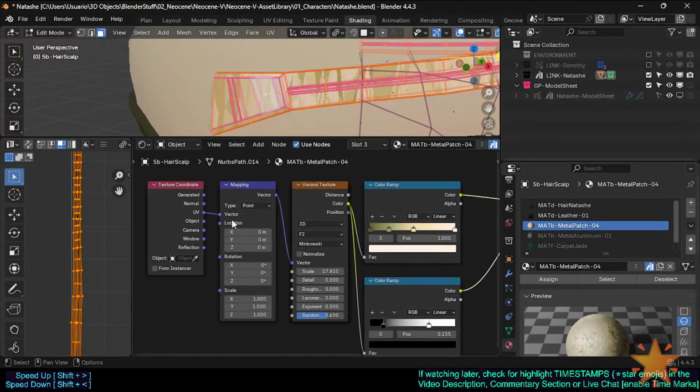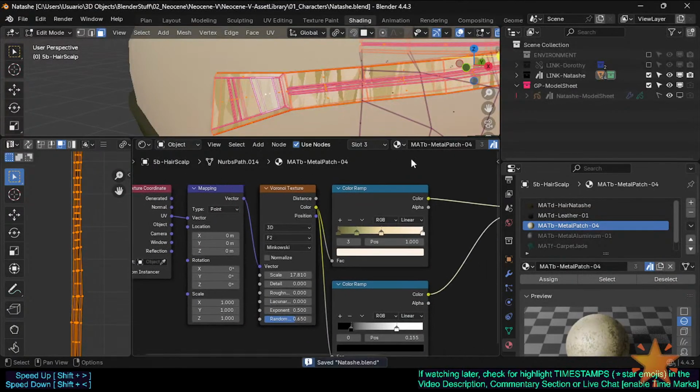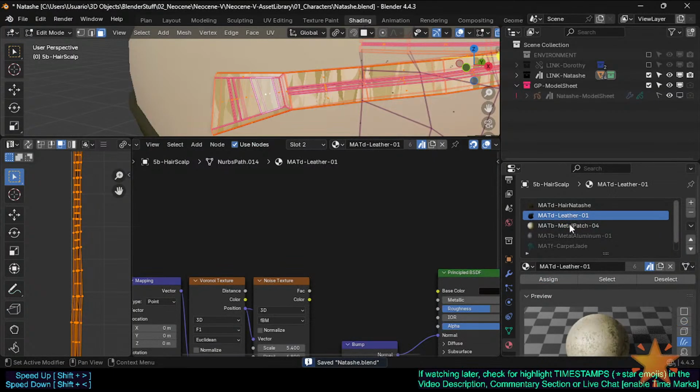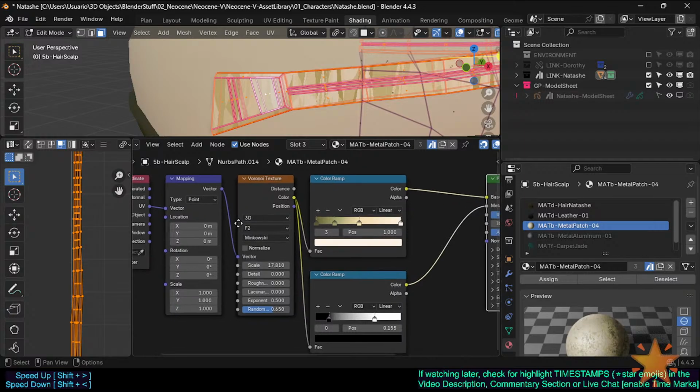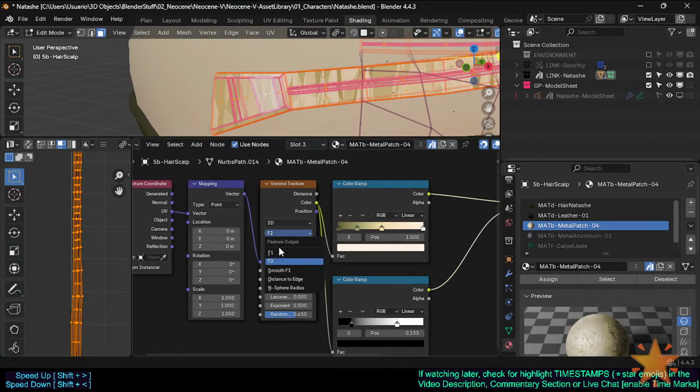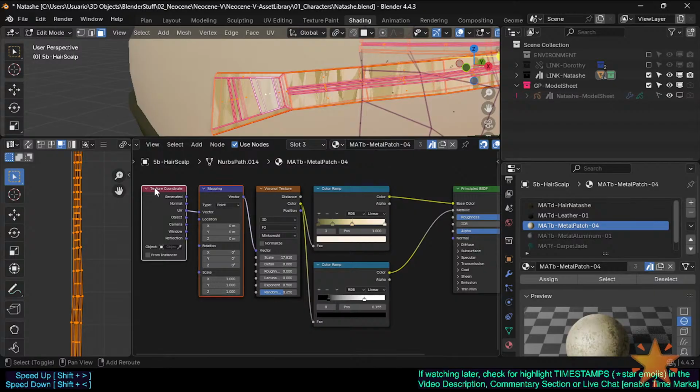Yes, this seems to be bugged, glitched. What's happening here? Could it be something about this? Let's redo this